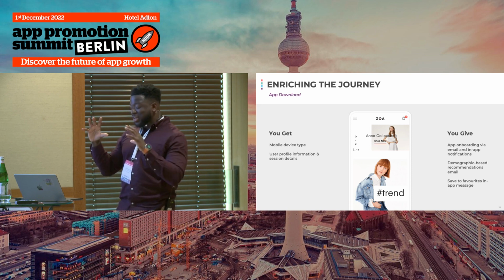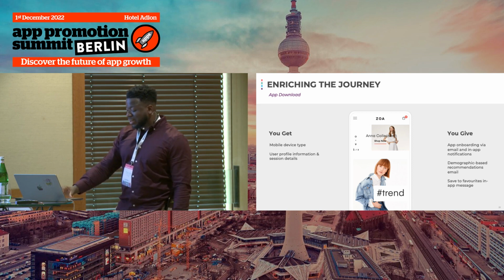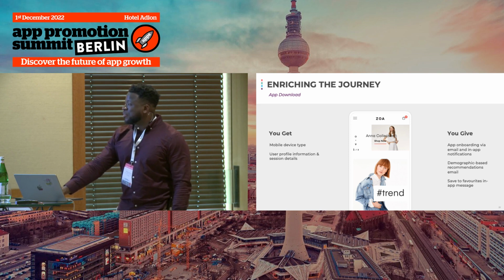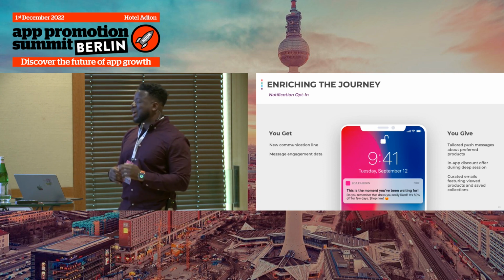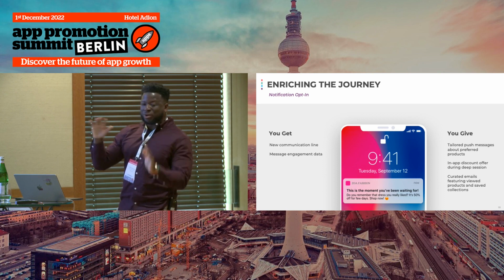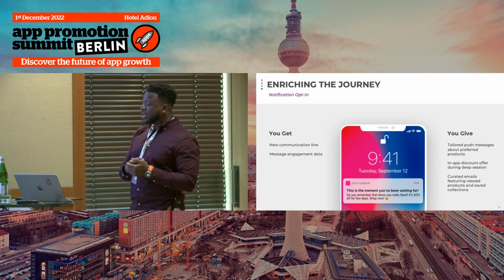I think just remember that you're capturing this information and data so that you can better serve your customers further down the line. And then next is getting them to actually opt in. So similar to getting them to give their email, this is very much an art, one which I don't have the answer to, as to when do you ask somebody to enable, in this case, mobile push notifications.